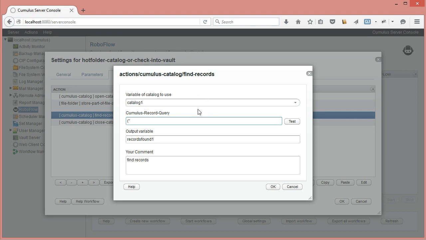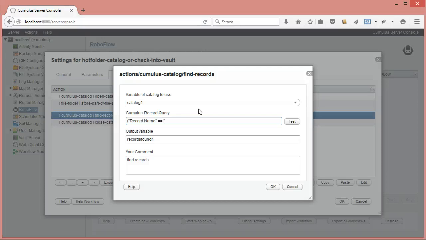What query are we going to use? Well, here I'm going to say I want to search for record name, or I want to search for asset name. But record name is safer, because if you have a PDF that was split up in multiple page records, then if you look for asset name, it will find all those records. You don't want to find all those records. You want to find that one record that has the record name equal to the file name, not the other ones that say page 1 of or something. So I'm saying here